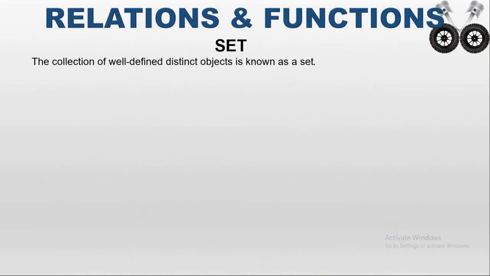Part 1, Introduction. Very first, we are going to see what a set is. A set is nothing but a collection of well-defined, distinct objects. What is meant by well-defined? Well-defined refers to some specific property, that is, whether a given object belongs to the particular set or not. We have to define that here. And distinct means each and every object which belongs to the set should be different. That is called a set.